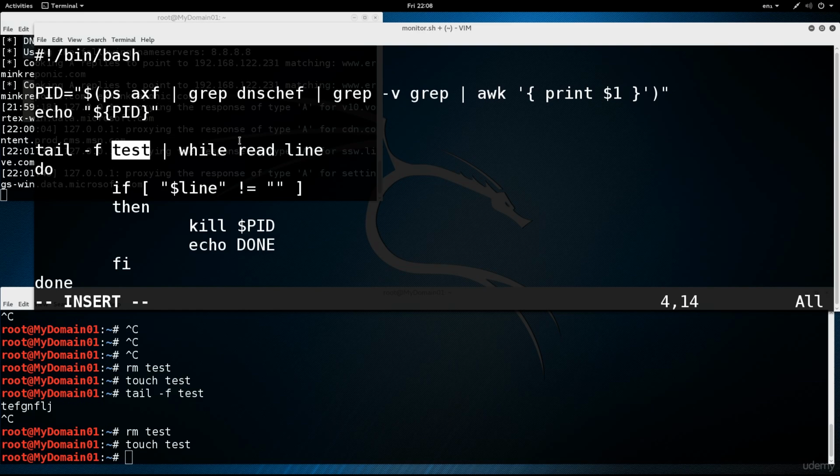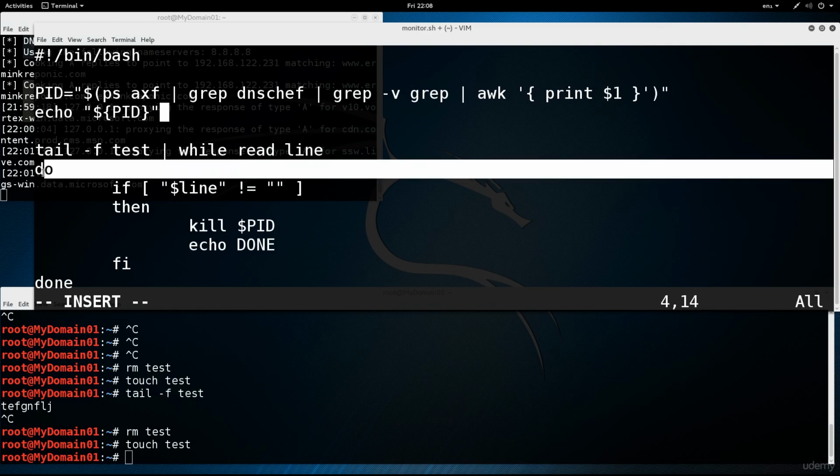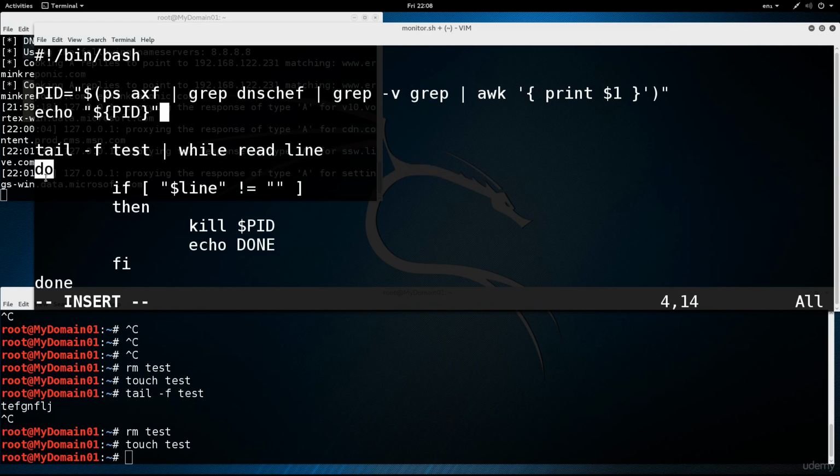We shall change this to credentials.txt. And then we're piping the output of tail with a pipe here into the while loop. So we're going to keep on reading this output, and we're going to be placing it into the variable line. And then this is the loop body, basically just do and done. Within the body of the loop, we have an if statement, which states that we're going to take the value of line, and if line at any point becomes populated with something,